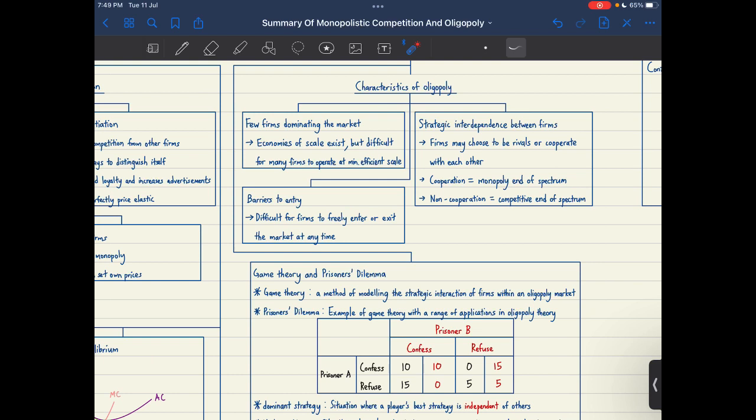All right, so they are considered at the competitive end of the spectrum. They're just trying to make their plans better, right? And then if, let's say, it's cooperation, I can't really think of an oligopoly with cooperation at the moment, but I could say that